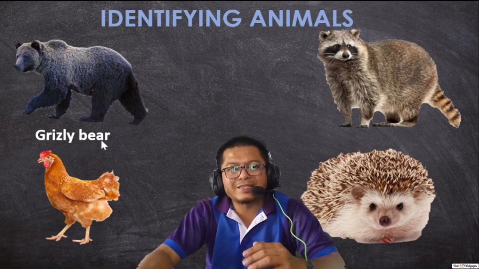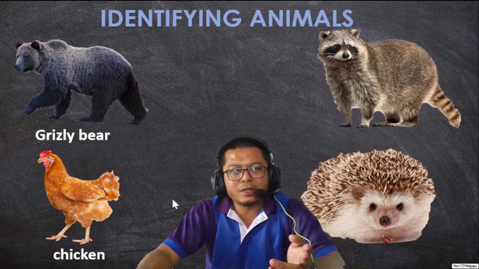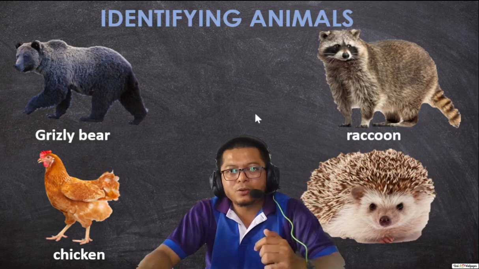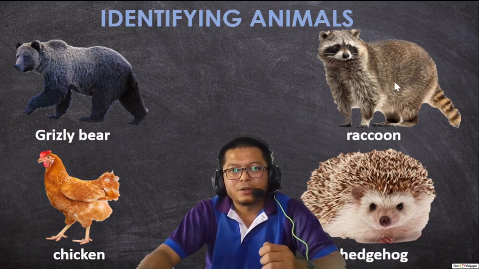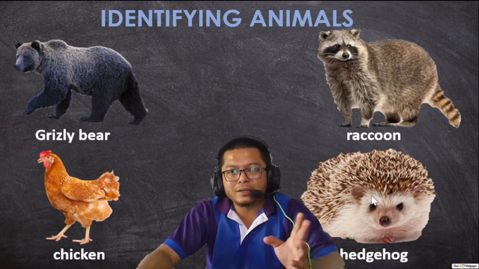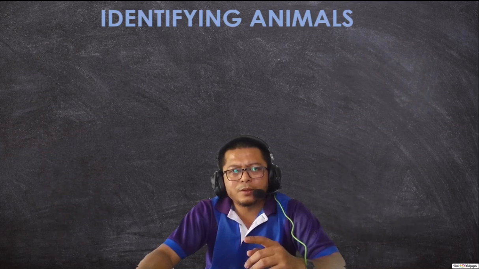Grizzly bear. And this is chicken. And this is a raccoon and hedgehog. Hedgehog, so this has sharp spines, landak. Landak in Malay. This is a raccoon. Next would be